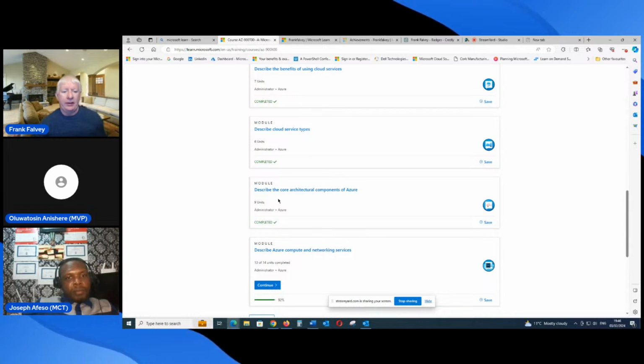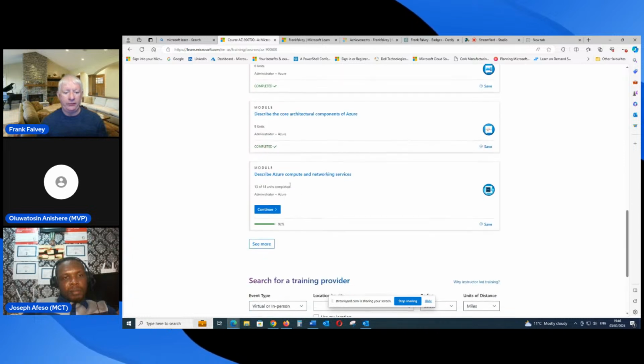The other module then is describe the core architecture components of Azure, and describe Azure compute and networking services. We saw Joseph demonstrating some of the networking stuff, and on the compute side we'll go with the VMs.